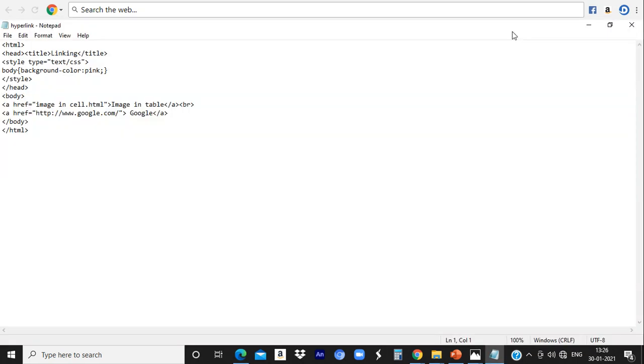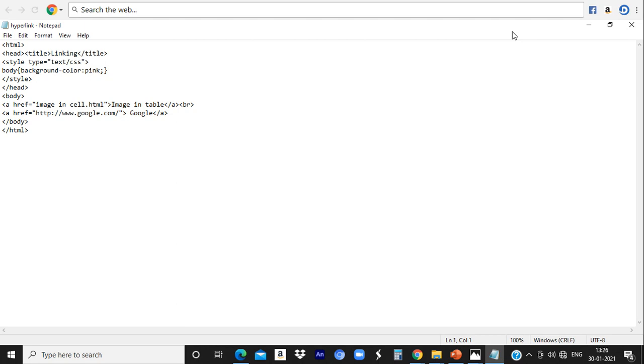Now we can see the example of external linking. Href is the attribute used to establish the hyperlink. With the href, we have to give the name of the HTML file that we have already stored. That file is existing in your device, you can use only those names.